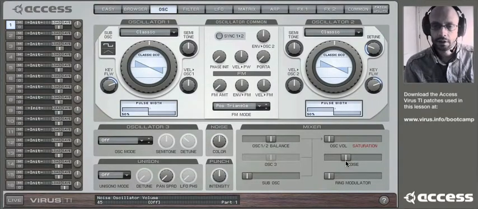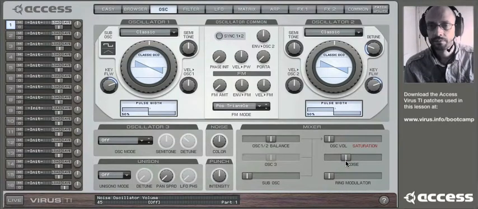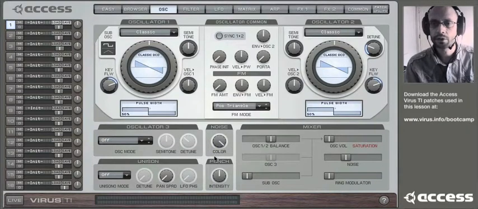So the noise is just a hiss, and we need to make that sound like waves crashing. So how do we do that? Well, the noise happens to have its own filter here called noise color. And if you turn that down to the left, it makes it darker, the low pass filter. And if you turn it up to the right, you get a nice thin fizzy sound, which is courtesy of the high pass filter. I'm going to leave it in the middle